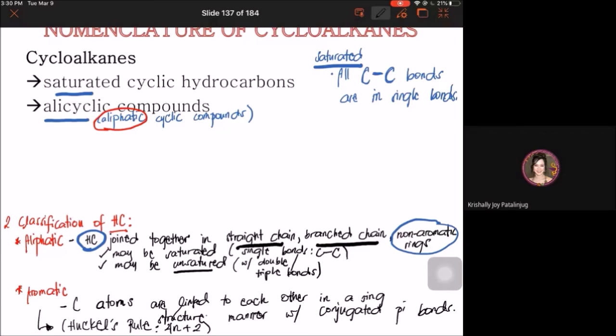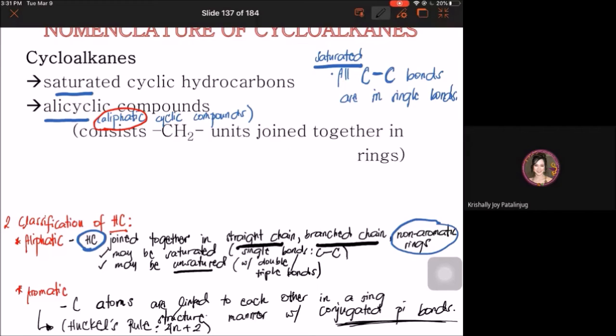For now, you just have to familiarize this definition. Basta aromatic, it follows the Huckel's rule. The carbon atoms are linked to each other in a ring manner with conjugated pi bonds. With conjugated pi bonds na ay ring, Huckel's rule, that's aromatic. Sige lang, we will have a separate segment on identifying aromatic rings. So future na siya. Sa siguro semifinals. Okay? So balik tayo kay